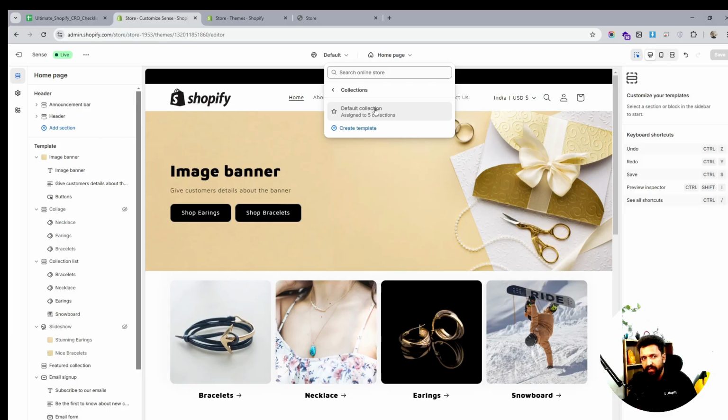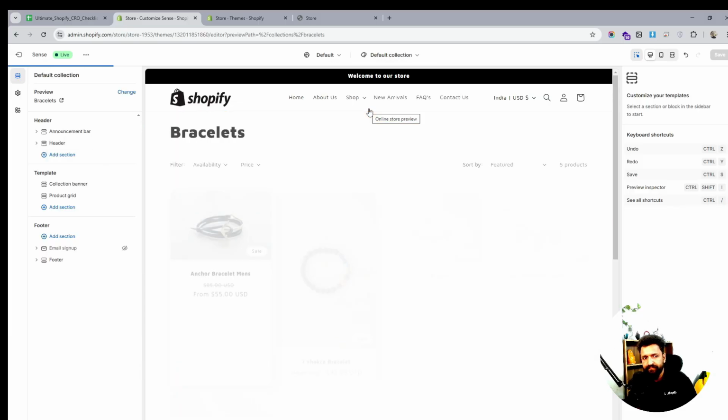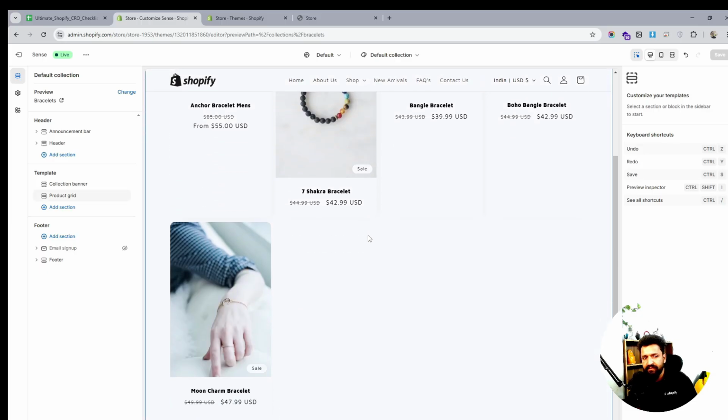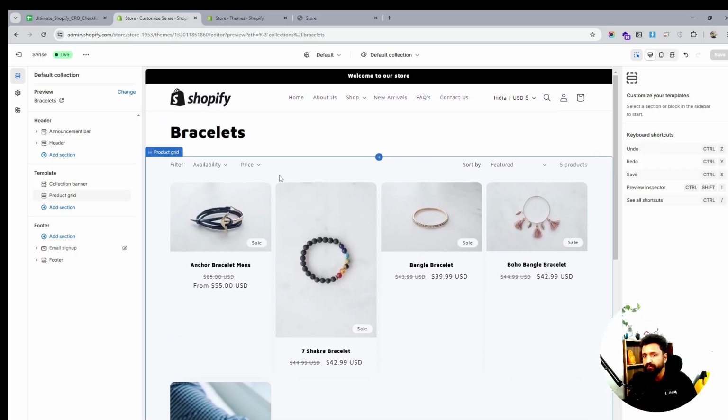So I can just simply click on this, and once I click on this, I see this is not looking too good. So I'm going to change the layout of this a little bit. And before I do this, I have created